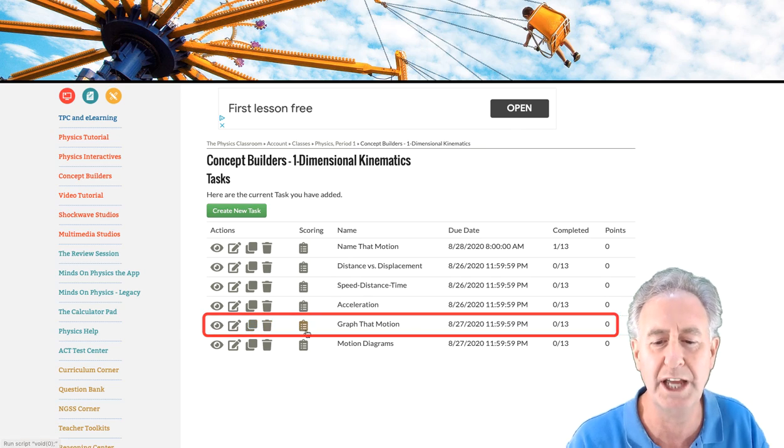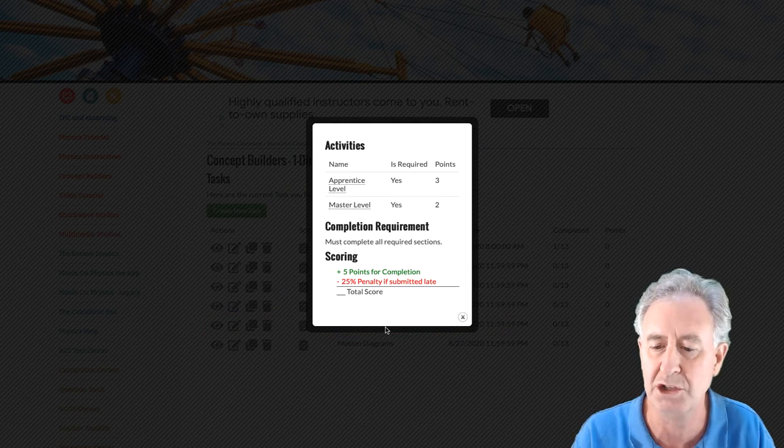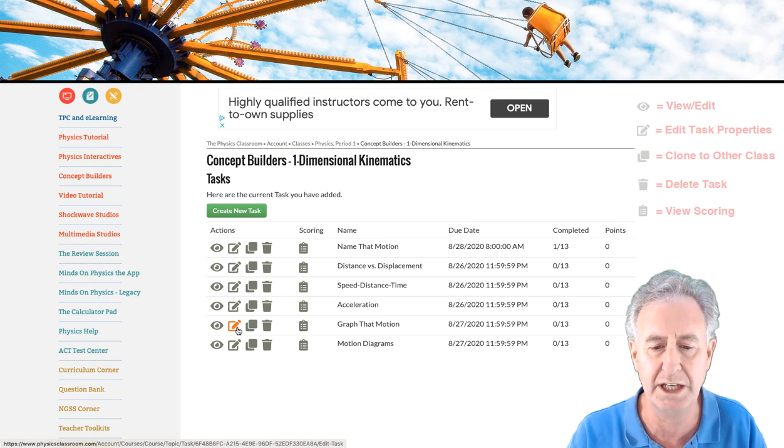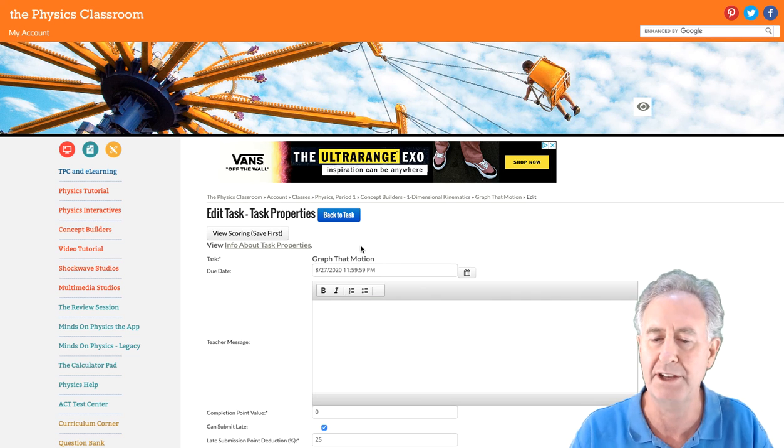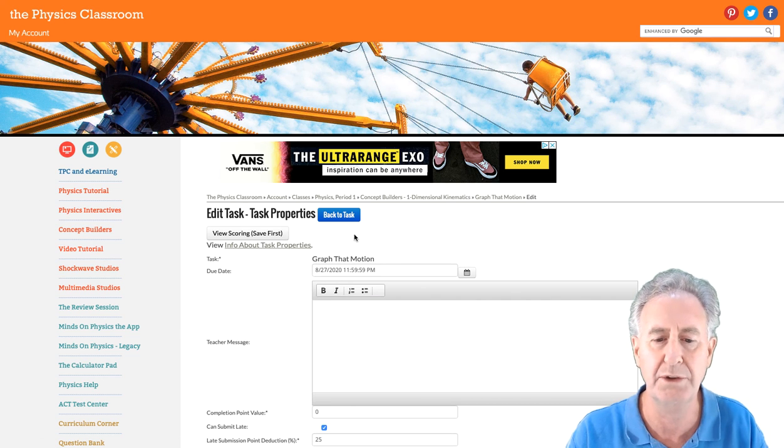If I want to see the scoring, how it's scored, I can click right here. It shows how it's going to be scored. If I want to see any other action along here, I can just hover over here. This allows me to also do some editing at the task properties level. So these are